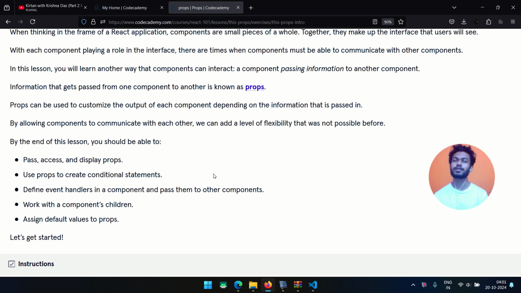Okay, how can we come up with an example for this? Okay, using the pass information. So when do we use conditionals? When we have different case situations, different scenarios, right? If else statements. For example, if a certain condition is passed, then do this. If a certain prop is passed, do this. If this certain prop is not passed, then do that. I guess this is what it's talking about. Define event handlers. If a click event is registered or a keyboard stroke event is registered, I guess, then